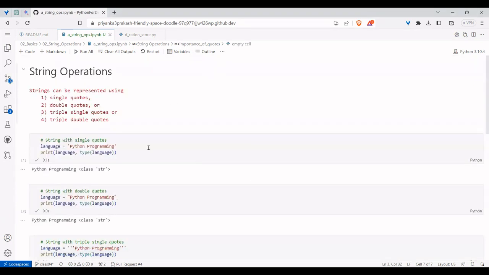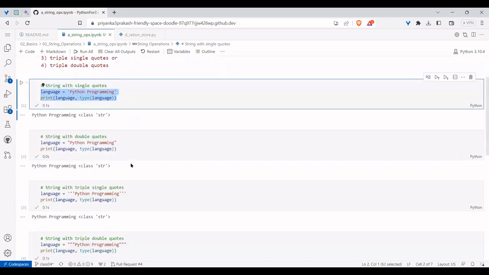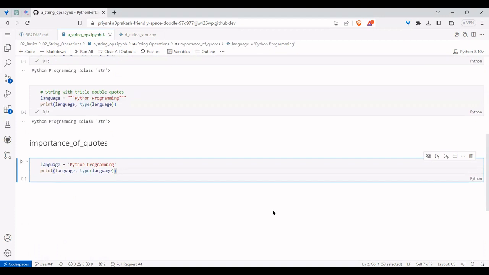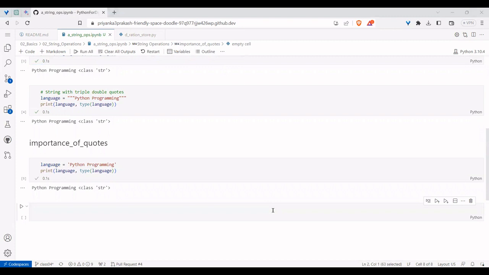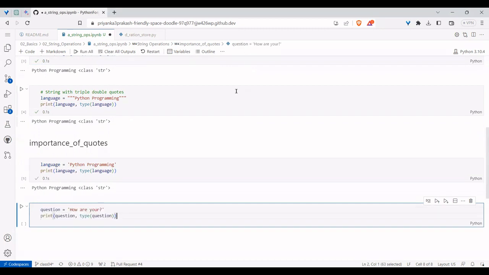What we have taken at the top is this Python programming. Generally, Python people say that by default you should go for single quotes. But whenever you have a need, you go for double quotes. That's what Python says.